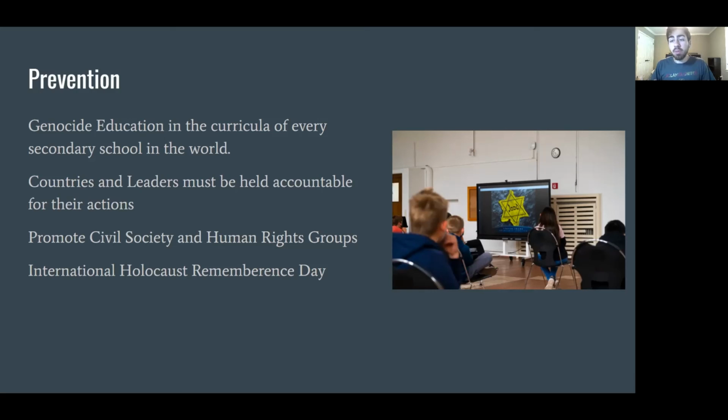Finally, we need to promote civil society and human rights groups in our culture. If we do this, we can prevent hate from forming and prevent people from dehumanizing other groups of people and hopefully prevent something like the Holocaust from happening again in the future. And as I mentioned before, there are things like the International Holocaust Remembrance Day, which help people every year remember that this event happened. And the Holocaust is such an important event for us to know about because